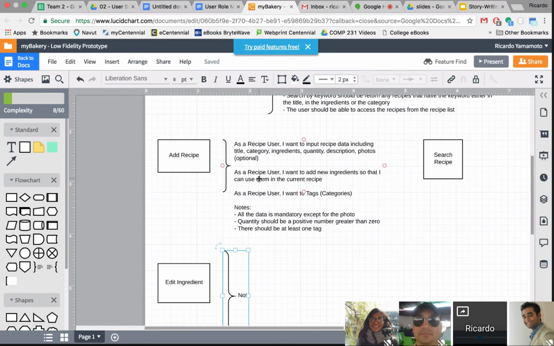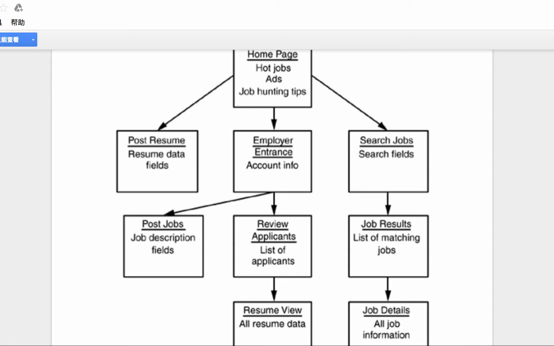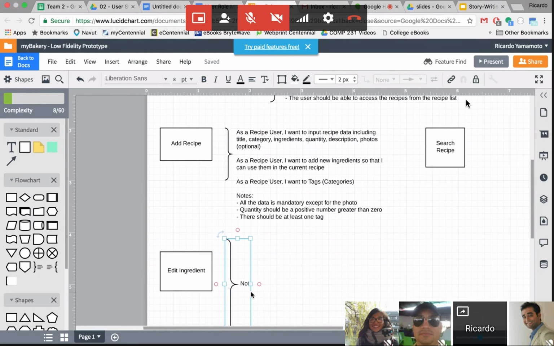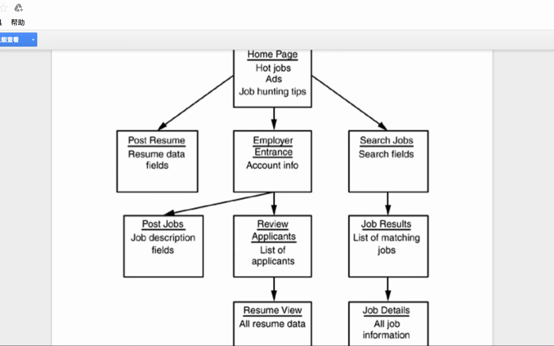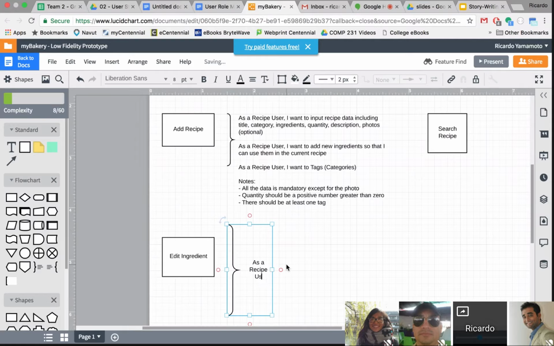I guess the things we're mentioning now are sub functionalities. Category can be just a tag, so it could be all in the add recipe functionality. But ingredients have a lot of specific attributes, such as a measure, quantity measure. So we could have another process, right? So as a recipe user,